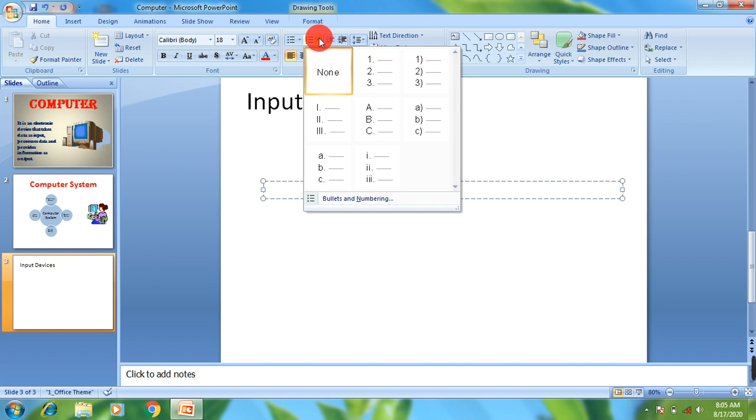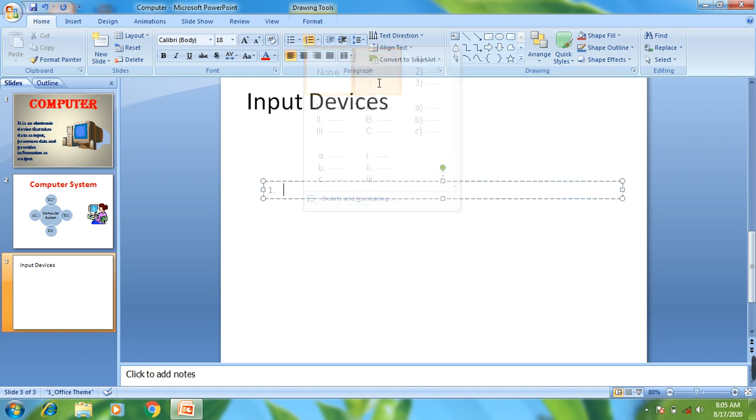Here, instead of using symbols, we can use alphabets and numbers in different formats. So I'm going to choose this format, the simple format. Now you can see this one appears by default. Now you can enter your text.